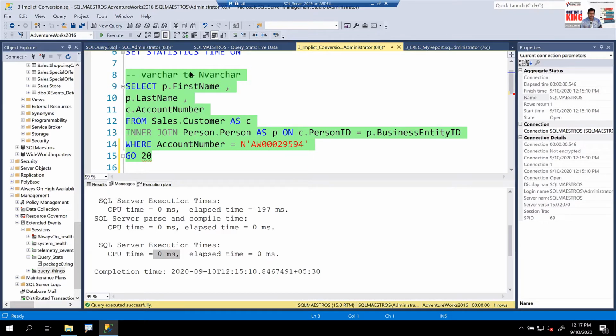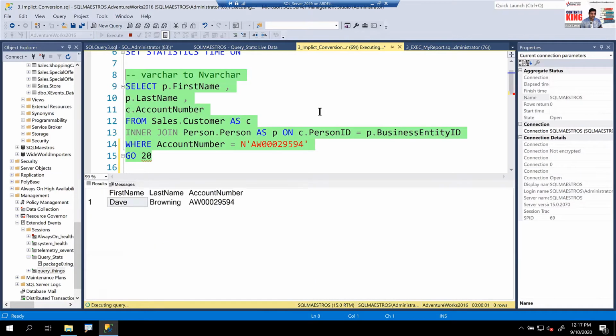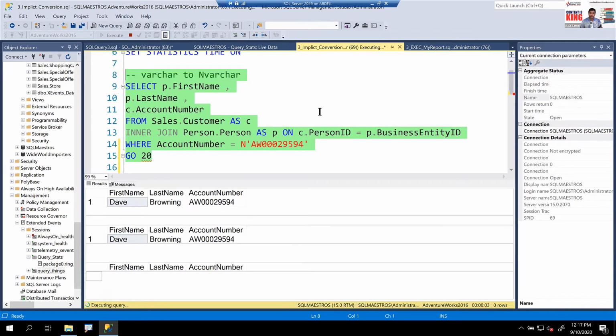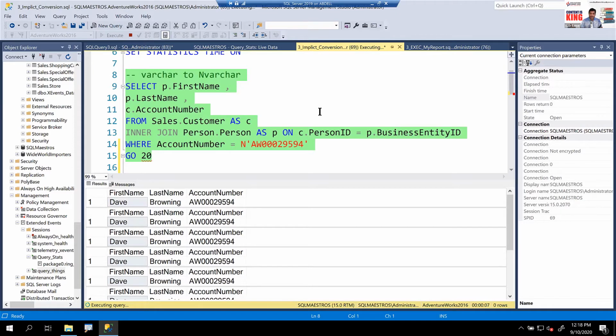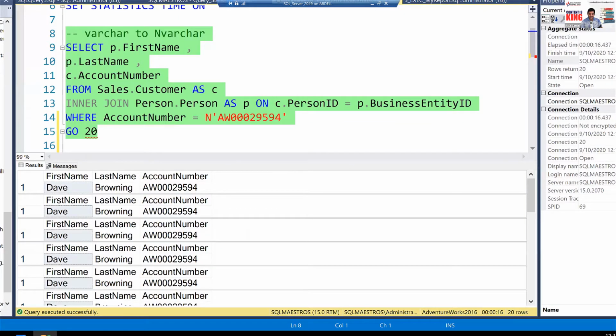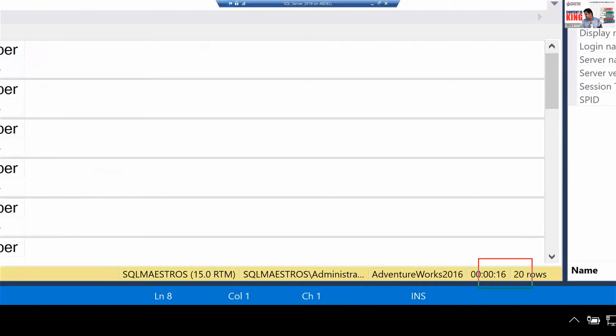Let's try that and see how much time this takes, and then we will run the same thing without implicit conversion. So let's execute this. The execution plan is turned off. Of course, when you're doing such tests, you want to turn the execution plan off, because it takes that much time to prepare the execution plan for each operation, and you may not want that. Now, when this is running, you can see that it has taken approximately 16 seconds, if you look at the status bar.